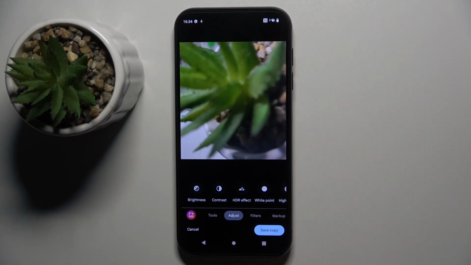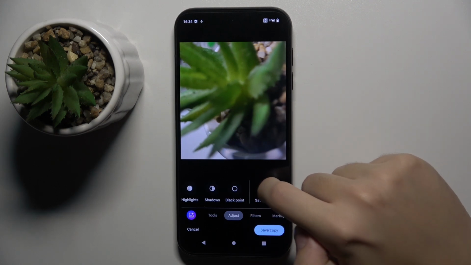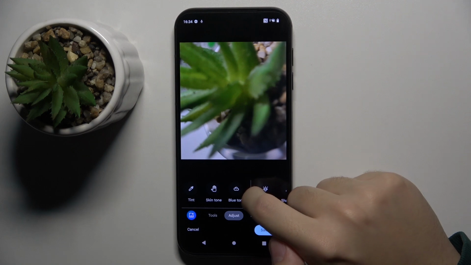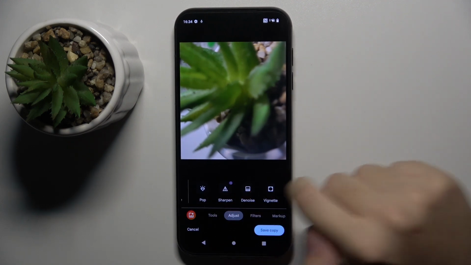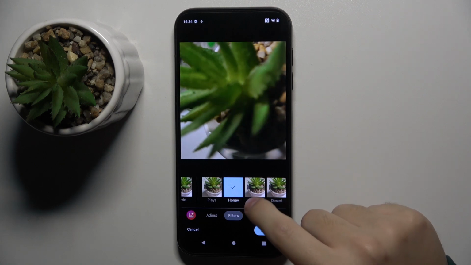We can adjust brightness, contrast, HDR effect, white point, highlights, shadows, black point, saturation, warmth, tint, skin tone, blue tone, pop, sharpen, denoise and vignette. We have here some filters